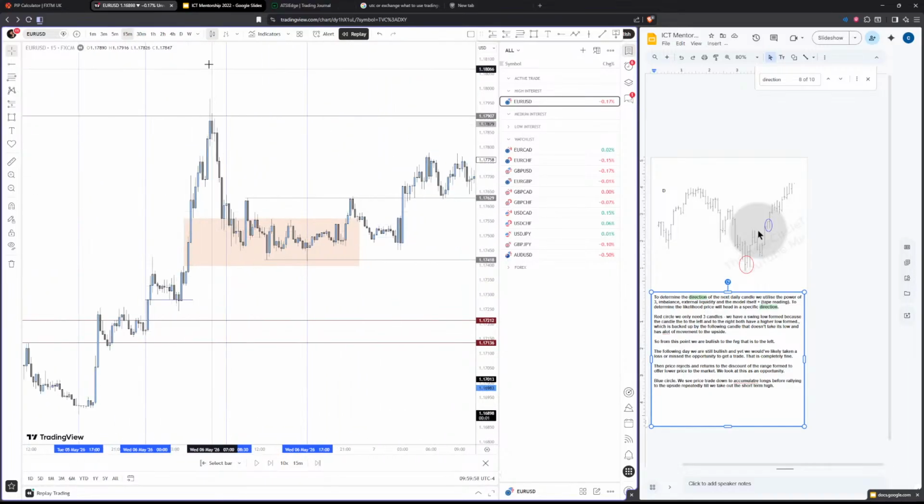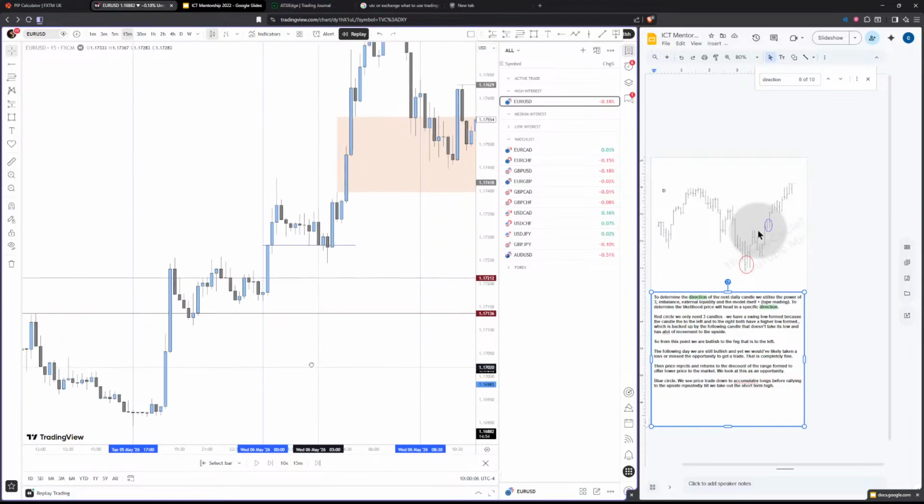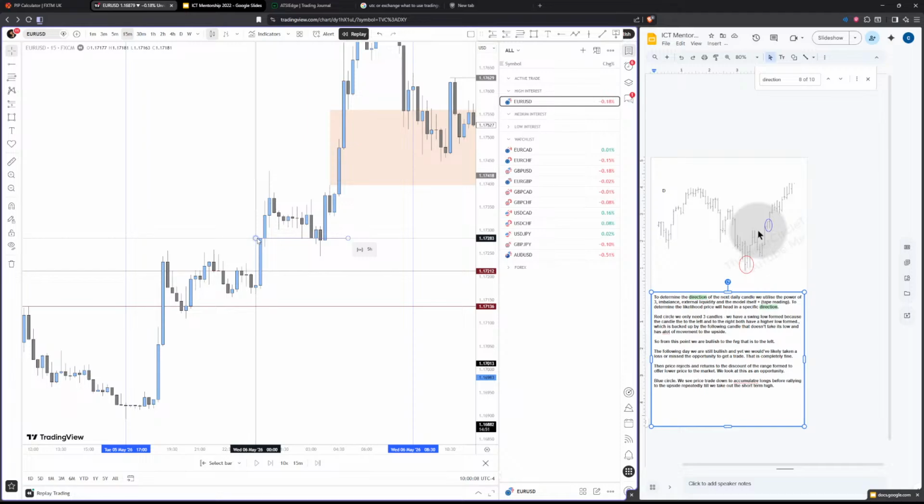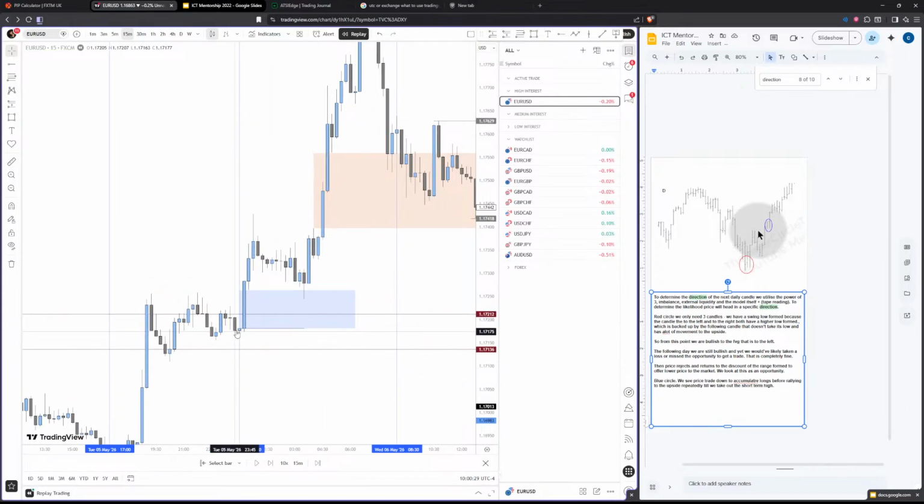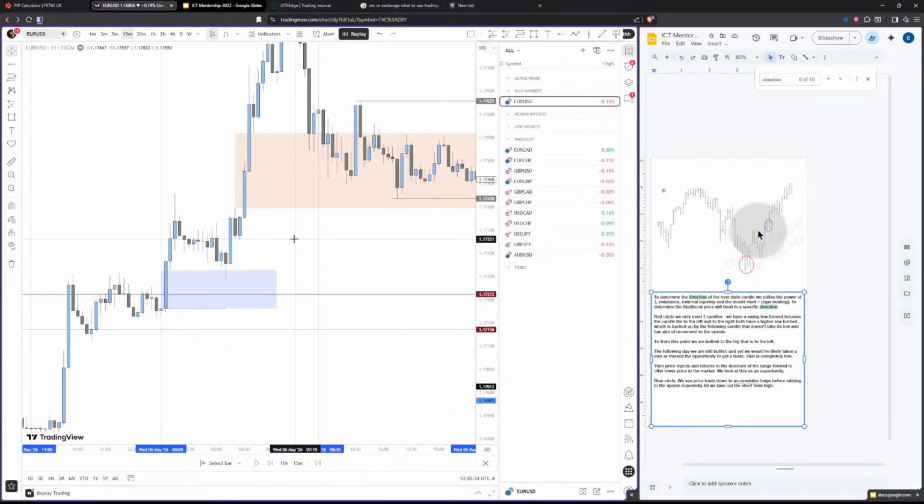Wait. Because we analyzed this and said that from this open, the open's actually over here. So we opened here, traded up, back into the fair value gap. So this wasn't the open. So we traded back into this fair value gap for midnight. So midnight open, push up, trade back into the fair value gap to then go up and displace upwards.